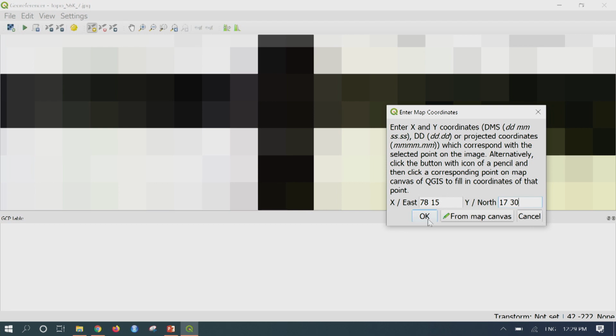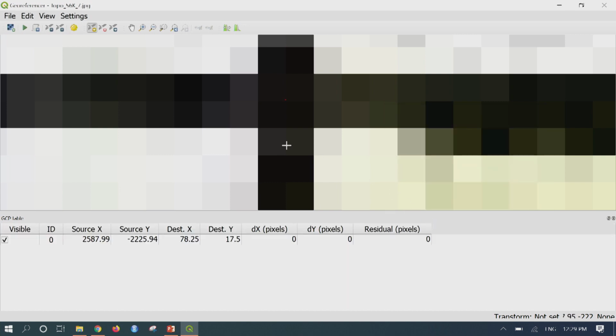So the first point is done. I will press OK. Now you can see a red dot has appeared here at the intersection, and once you press OK, it will also give you the first point in the GCP table with an ID 0. It starts from 0, 1, 2, 3 like that, and you can see destination X and Y.